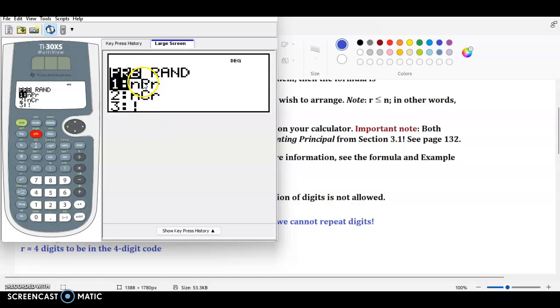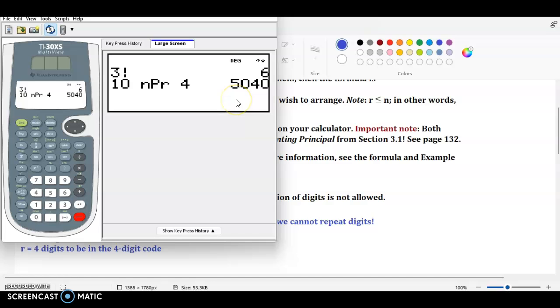It's the first one listed here, nPr. So be sure to enter the value of n first, followed by that function, press enter, and followed by the number of objects that you wish to arrange, which is 4. We can see that there are 5,040 different pin numbers,